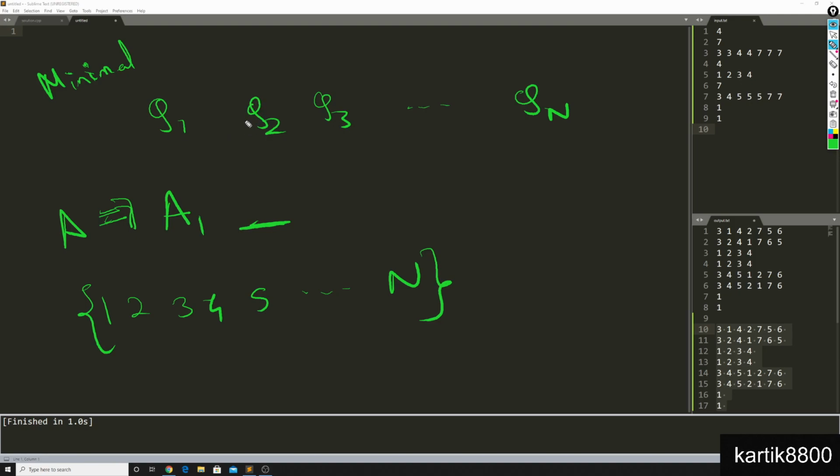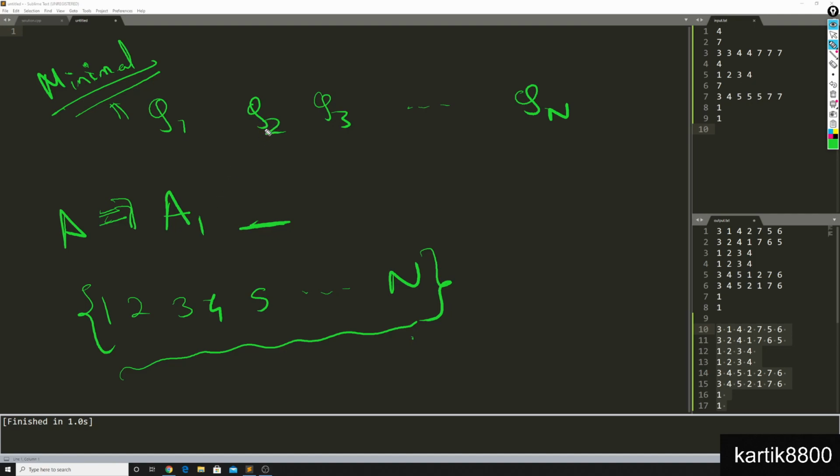So it's going to be obviously larger than or equal to A1. If Q2 is equal to A1, then you have the option to choose any number less than A1. So you will definitely go for the smallest number possible, because you're trying to make the lexicographically minimum array. You will see among the first n numbers what are the numbers that you have, and you will choose the smallest among those to make your array A lexicographically minimal.